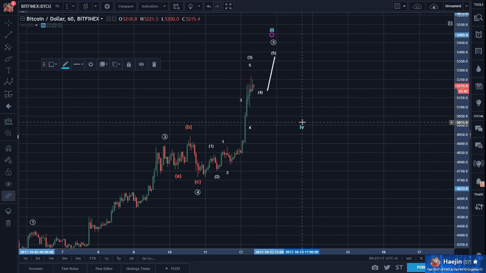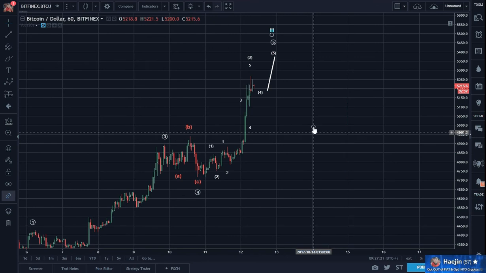Then it'll correct back, maybe it'll dip down to a little bit below 5,000.